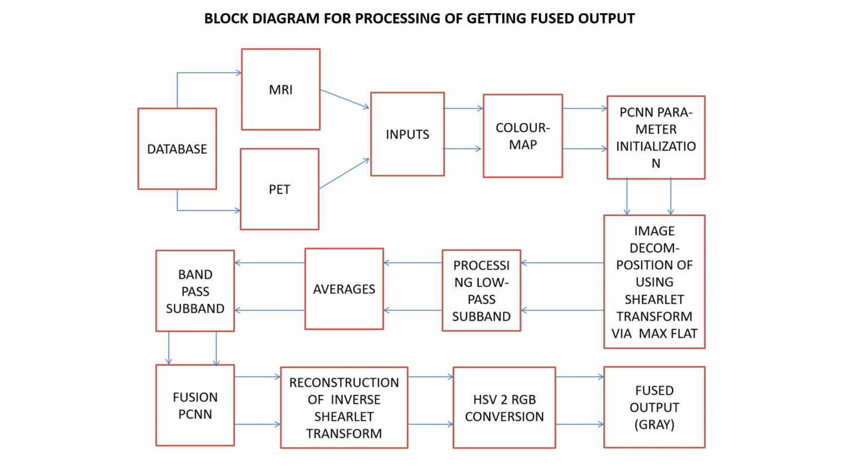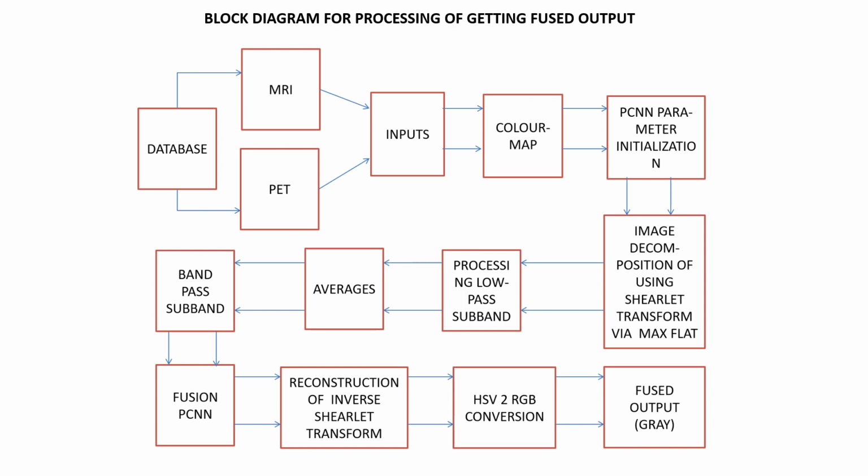The input images then are fed to color map processors where the input images are converted from RGB to grayscale by using this color map. Then this output is given to the parameter initialization. Later, the parameter initialization process is considered, involving the number of iterations required to compile the source code and also various parameters which can yield promising results.